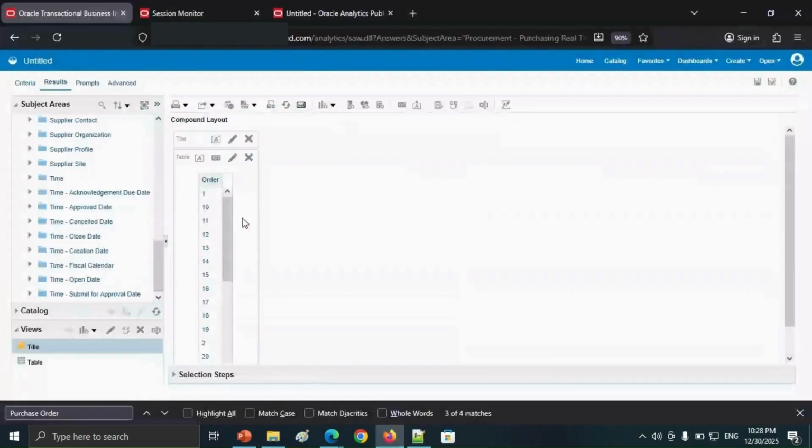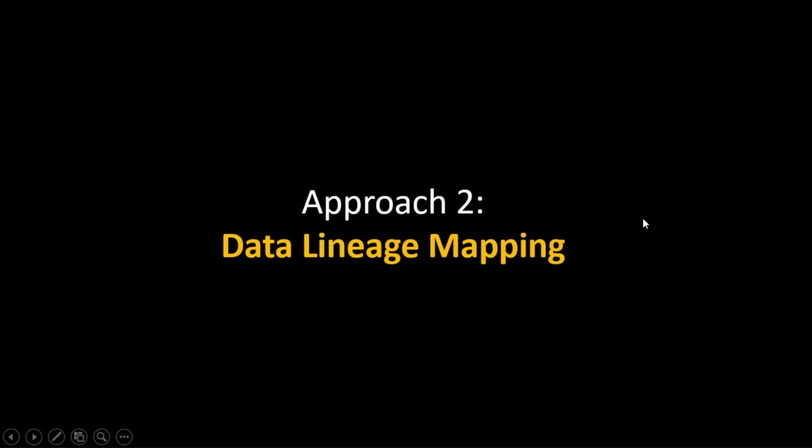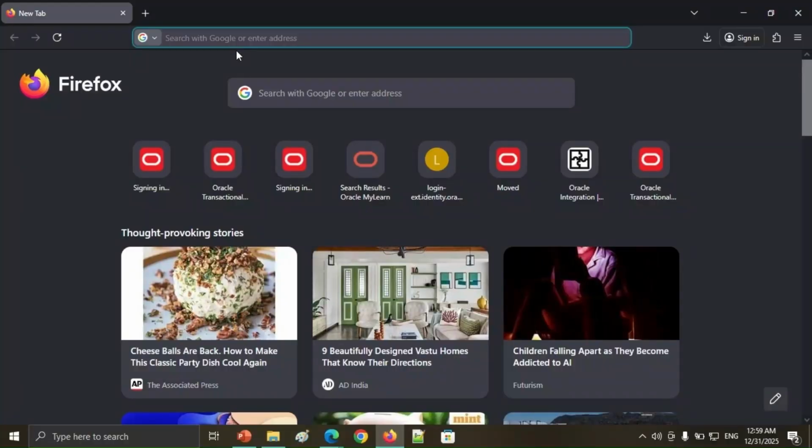You need to drag and drop, come here, go to view log, check the script, and then you will get to know. Approach 2 is through data lineage mapping. You can also find the Oracle tables by going through the data lineage mapping sheet. To navigate there, you need to go to